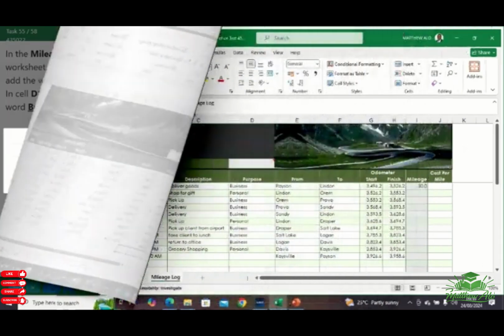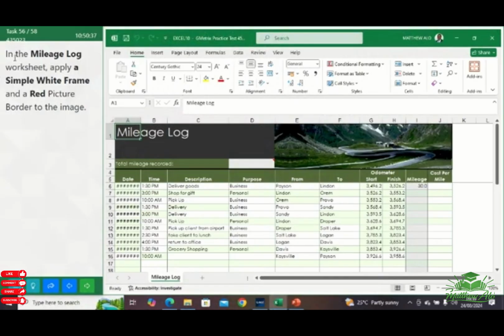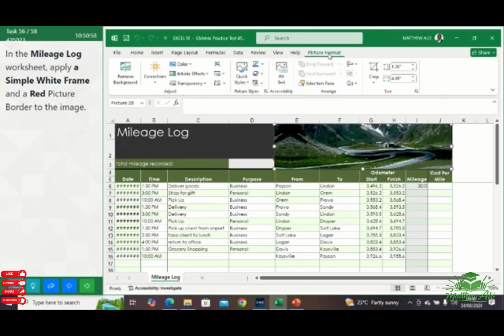Task 56. In the Miley log worksheet, apply a simple white frame and a red picture border to the image. Okay, just go to the Miley log worksheet, select the picture at the top here, then select the picture format contextual tab, and the picture, the simple white frame, just go to the